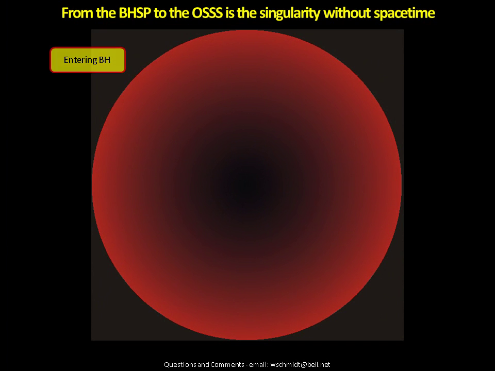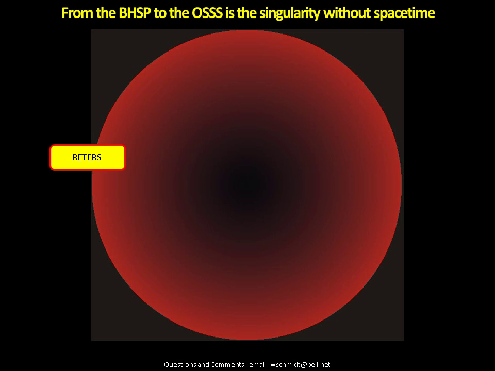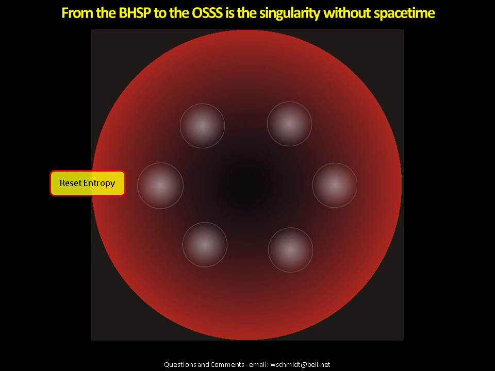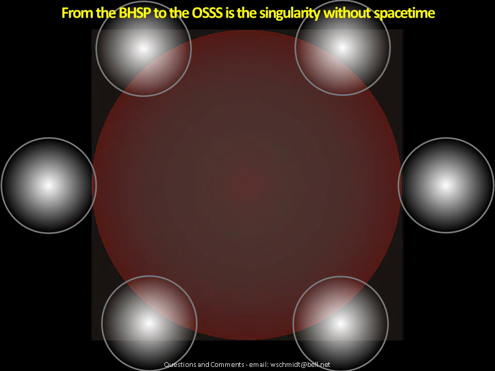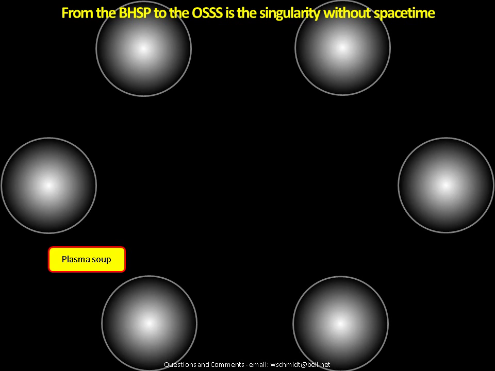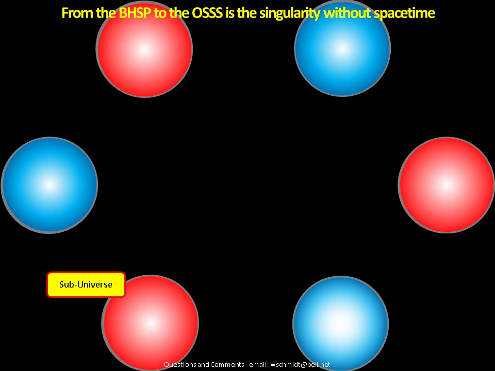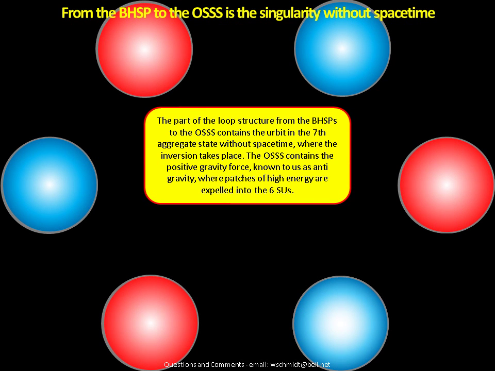Entering black hole, singularity, orbit, quantum inversion warp, random evolutionary trial and error, reject or select, reset entropy to zero, sequestering, outer spherical shell singularity, plasma soup, subuniverse. The part of the loop structure from the black hole singularity points to the outer spherical singularity shell contains